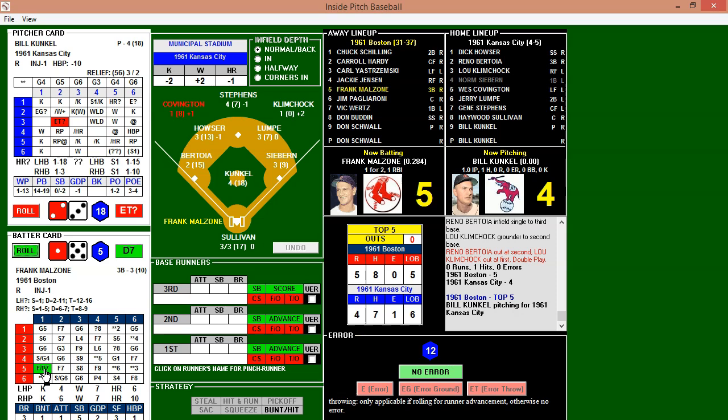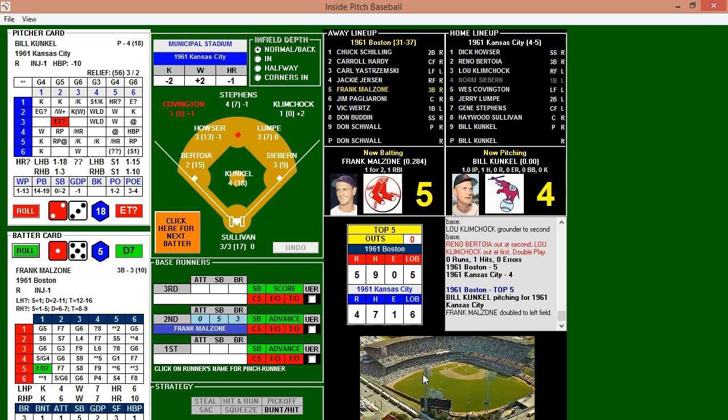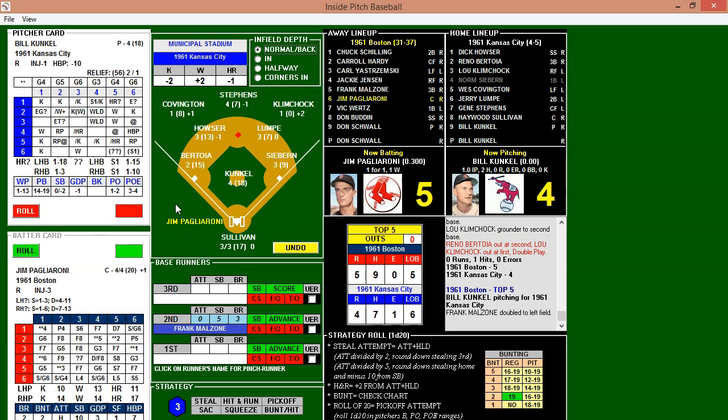And that one's going to be hit into the gap. And Covington gets it, but not before Millzone ends up with a leadoff double. So good start for the Red Sox 5th. And Millzone gets his 2nd hit of the day. Pagaroni up there now. He's 1 for 1 with a walk.